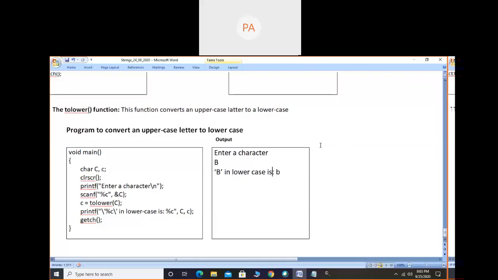Used in the previous example as well. In the uppercase program you put small c and capital C, and here capital C and small c. Is there any particular reason why you have chosen a capital C and a small c? Just to make the difference between two variables. It's not any particular reason, just for representation. You can take any variable name, but both variables should be different, two different variables.